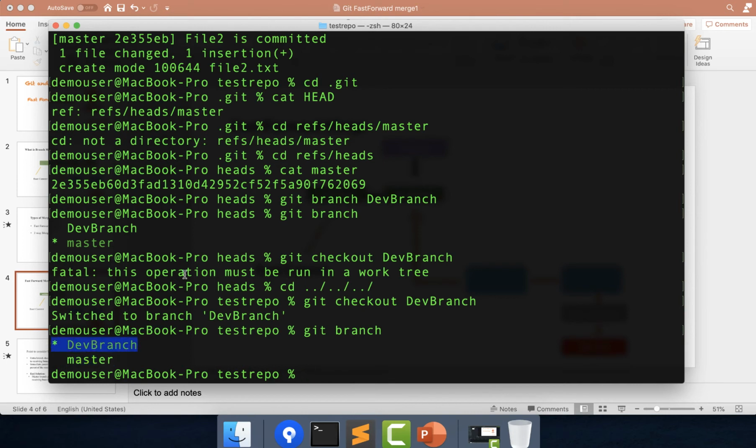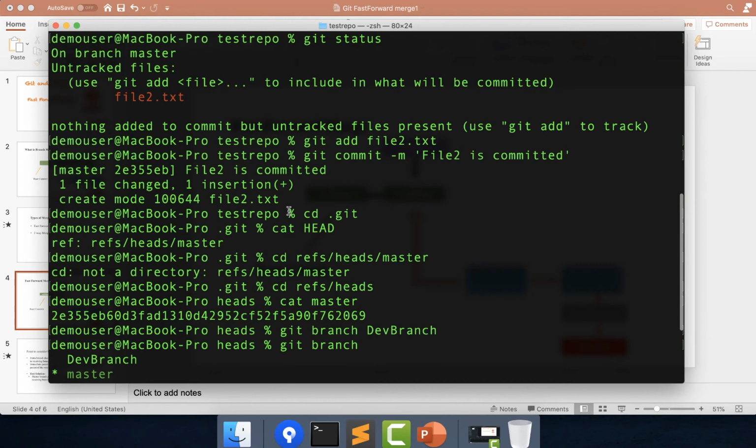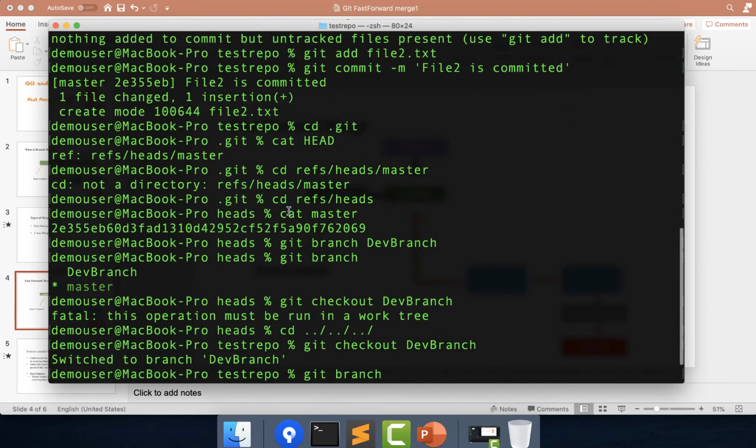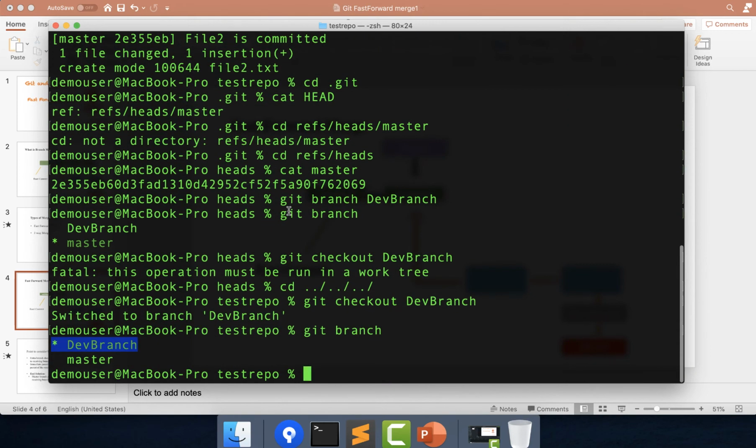Over here we have used a lot of commands that might be new to you, like creating branches, moving from one branch to another, and checking the head pointers. A lot of things are happening over here which you might not be aware of. So please go back and watch my previous videos on how to create branches, how to check the head pointers, and how to check the branch pointers. All of these are explained in detail in my previous videos, so it will be quite helpful for you.